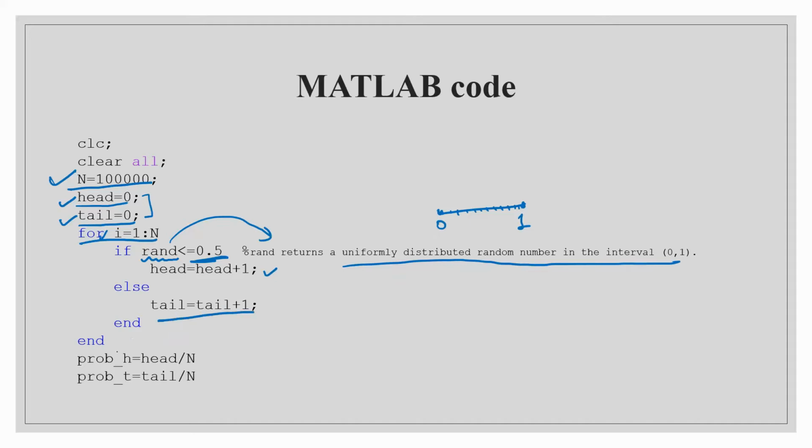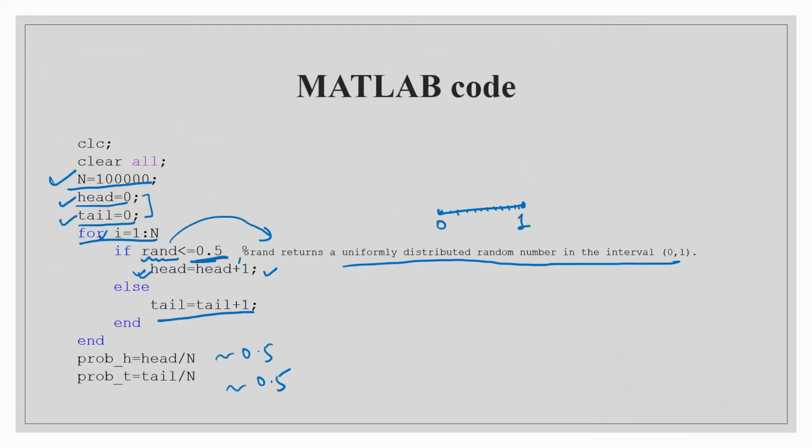Now at the end, after completing these 1 lakh simulations, we need to find the number of heads that came finally, divided by the number of simulations. Similarly, the probability of tail will be tail divided by n. N means the total number of simulations. Now you can see that if we run this code on MATLAB, we will get both probabilities near 0.5. So we have just simulated 1 lakh coin tosses, and we can think that the probability of my winning and my friend winning is 50-50.